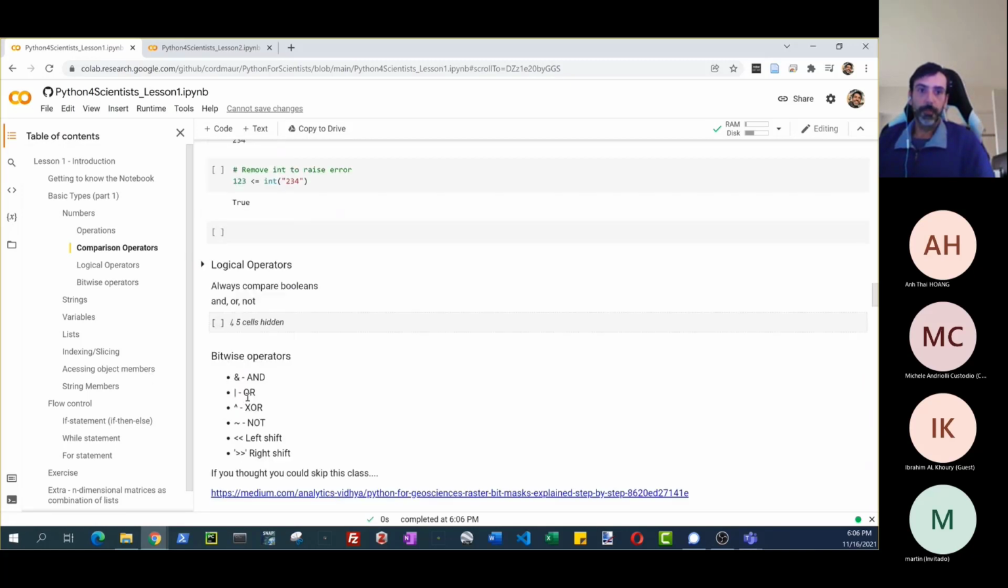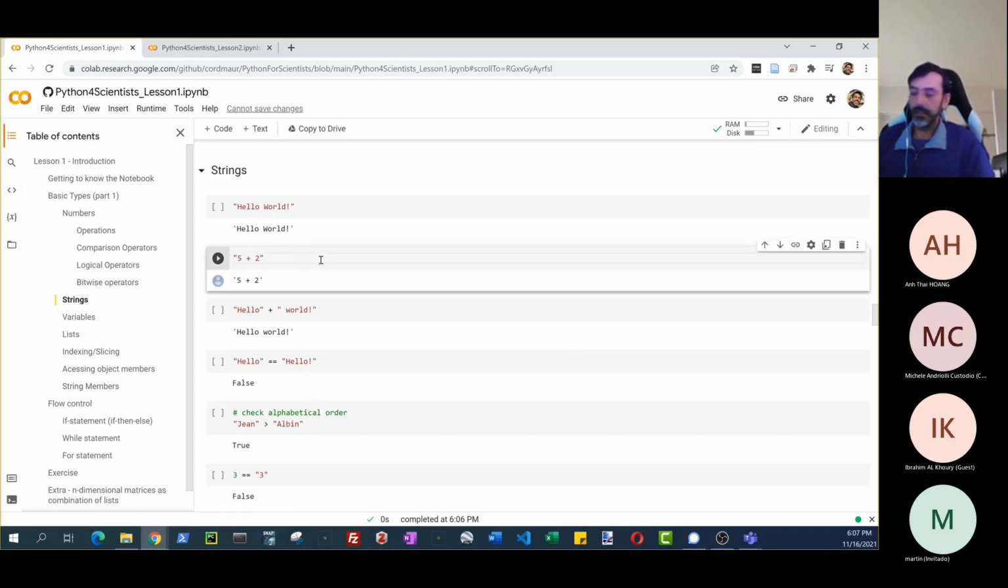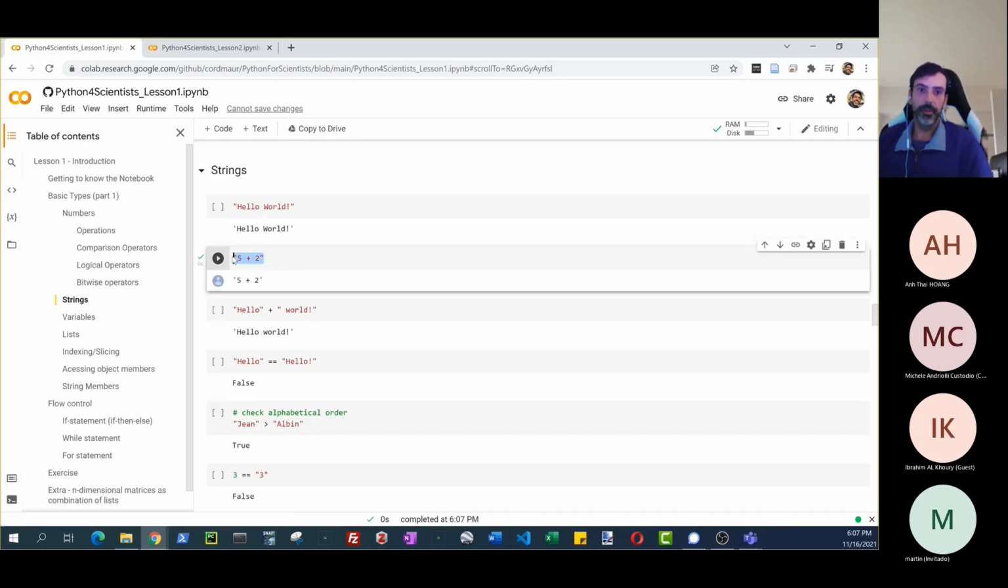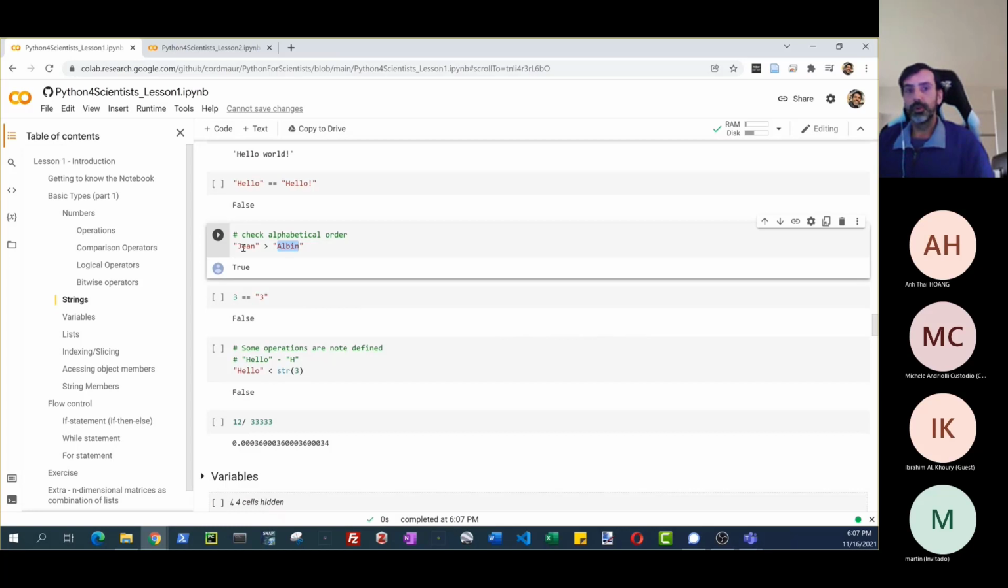Going on, we saw the strings. So a string is just a collection of letters, and it doesn't have any meaning. For example, if I just create a string with 5 plus 2, it returns me a string. It doesn't return me the result of 5 plus 2. That's also important to know. If I try to use comparison operators on strings, it behaves a little bit different from if we are operating on integers or